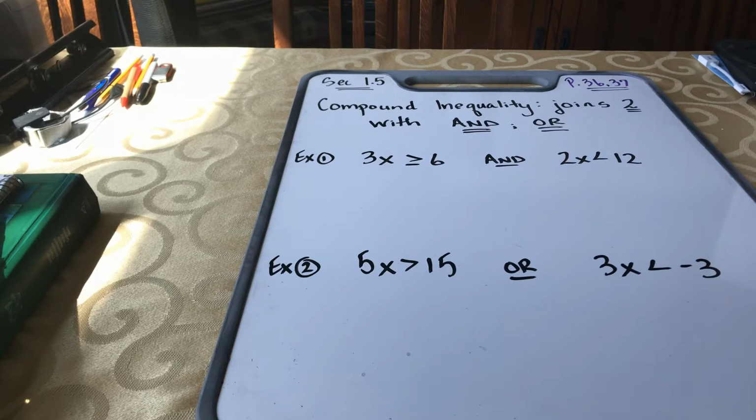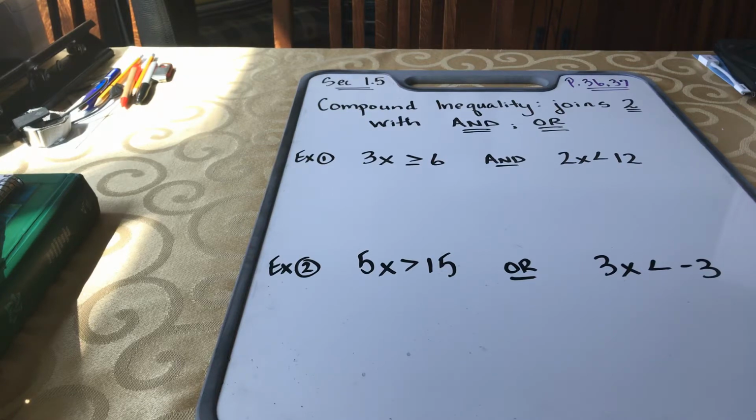So you're going to go through the same steps as you did before. We're also going to graph these on a number line. Okay, the only difference is you'll have two small problems and you're going to join them kind of together when you make your number line. All right, so example number 1, you can see we have 3x greater than or equal to 6